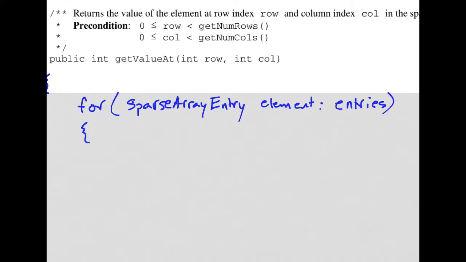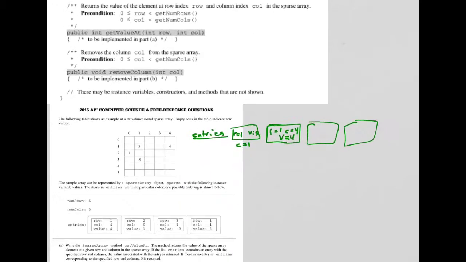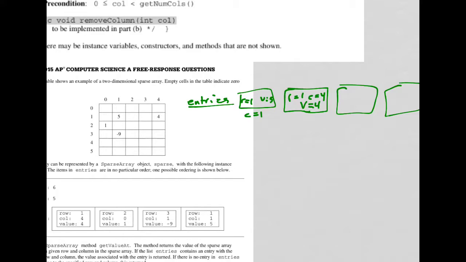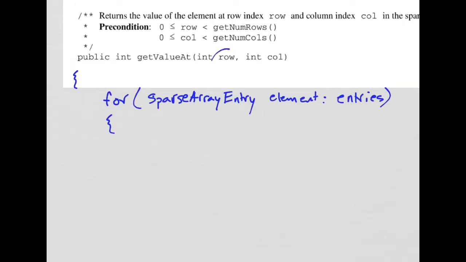So for each one inside the entries list, what am I going to do? Because I don't want to modify it, I just want to look at it and then return stuff if I can. But remember, inside this list is only a couple of things. Look at this, there are no sparse array entries that have row 0, column 2. So if I'm looking for this row and this column, then I can use an if statement. And I'm going through each entry, so element, that's going to be a sparse array entry inside my entries list,